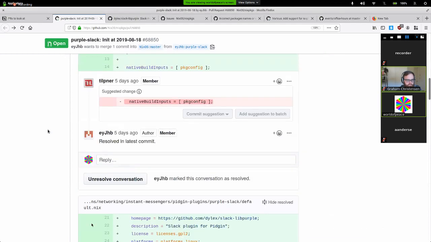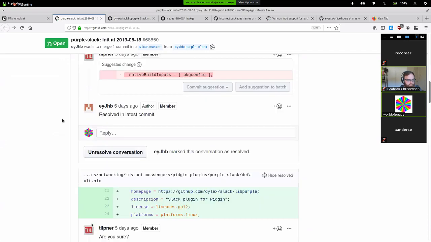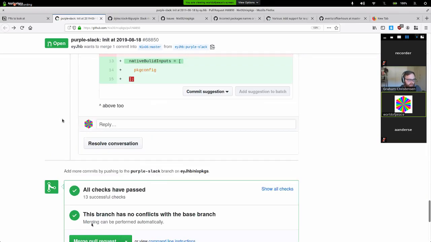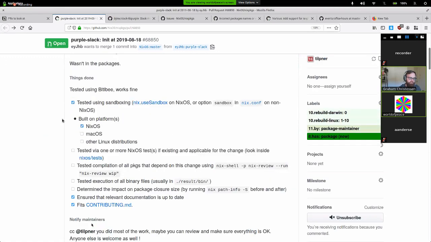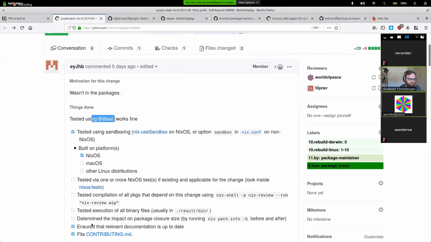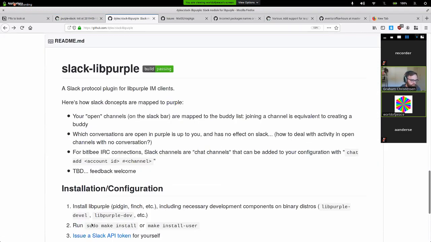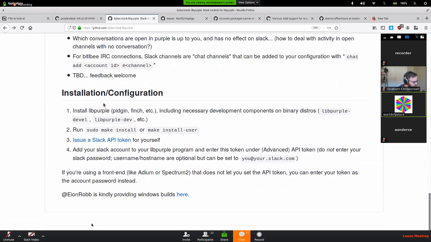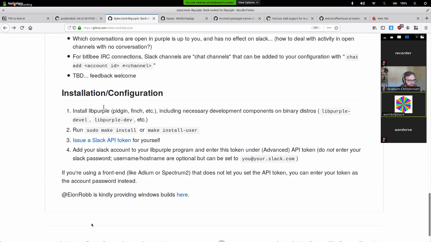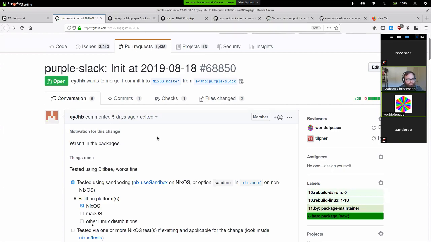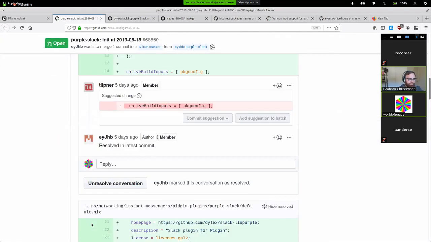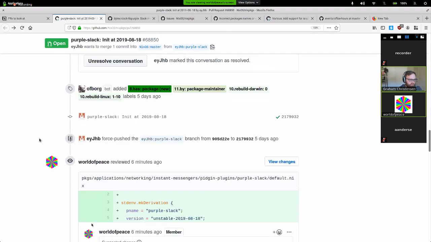This is a library for what? I don't think I was paying attention to that detail. I think this is for using something like the Pidgin IRC, AIM, etc. client, but also for Slack. Probably should read the README. Okay, so you need to install the libpurple plugin. That means it has to be installed globally, I guess. For what it's worth, I'd be surprised if you were able to actually test the execution here without a good bit of work.